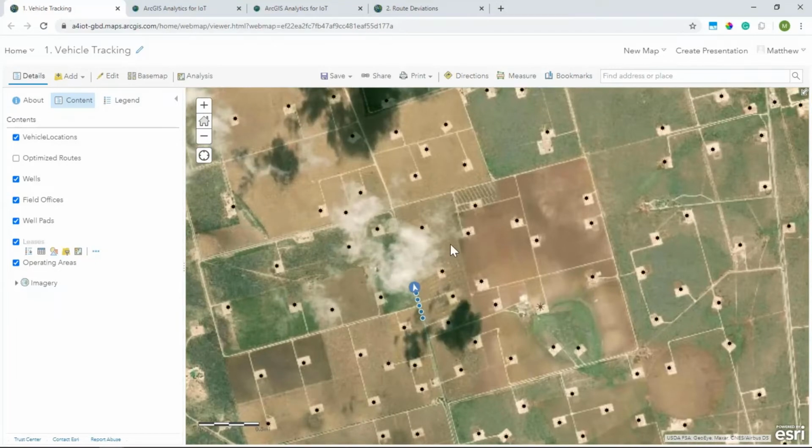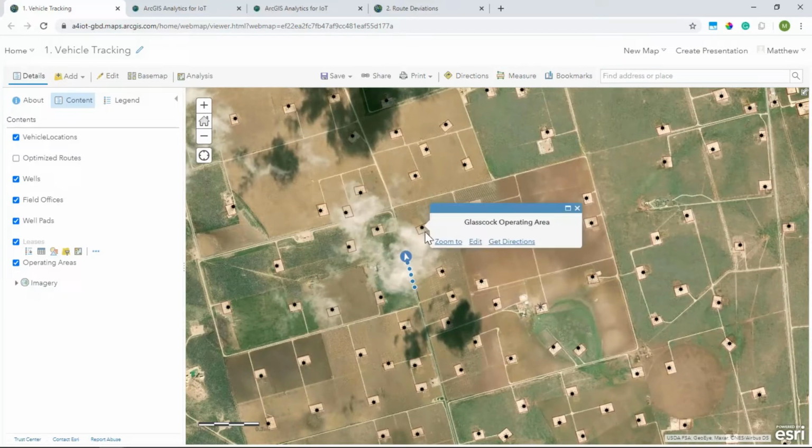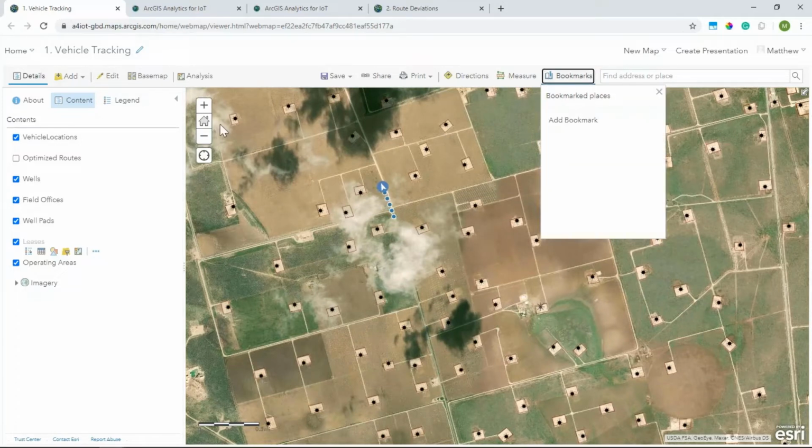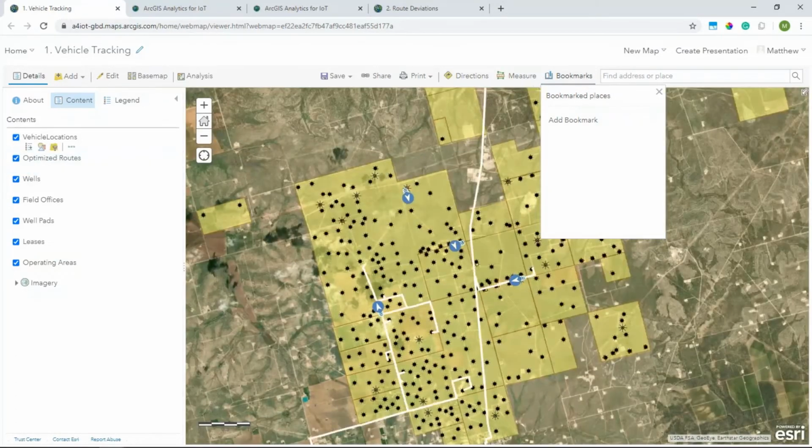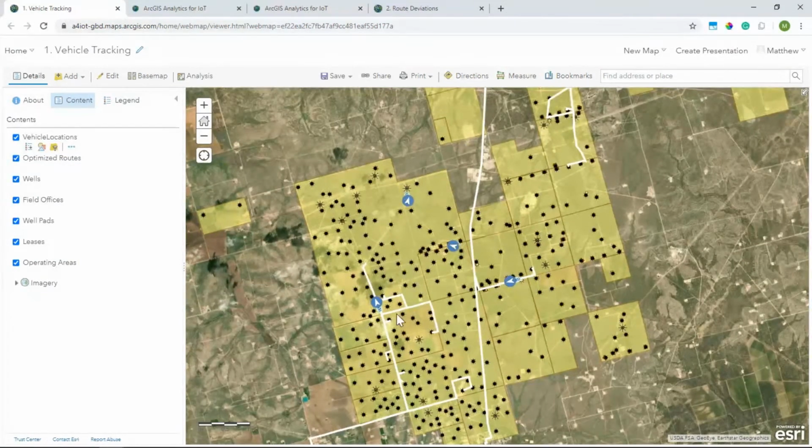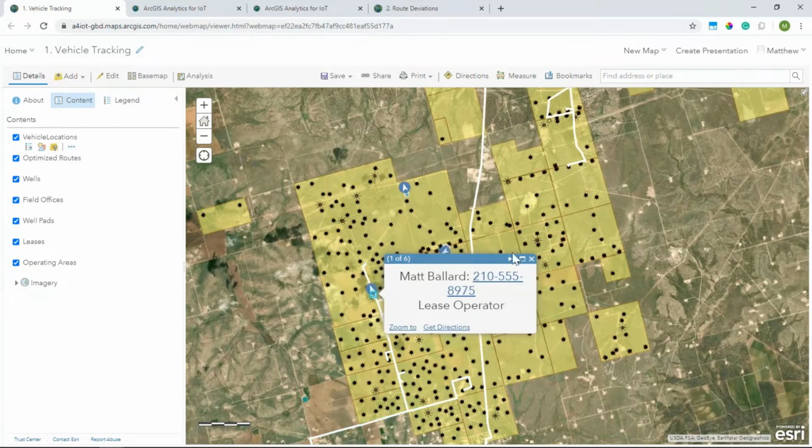For example, if I wanted to know, using these well pads, which employees were at which facilities, I could simply use these well pads as geofences and, of course, visually see when they enter these well pads. But with Analytics for IoT, you can use them as a geofence and automatically identify what facilities any given worker is at. Or what if I wanted to calculate when drivers deviated from their optimal driving directions? Here, I've added another layer to my map. These white lines symbolize the optimal driving directions for each vehicle. I can click on it and see who's been assigned to each of these and see the vehicles following those paths.